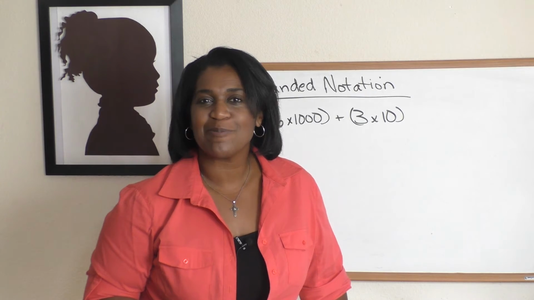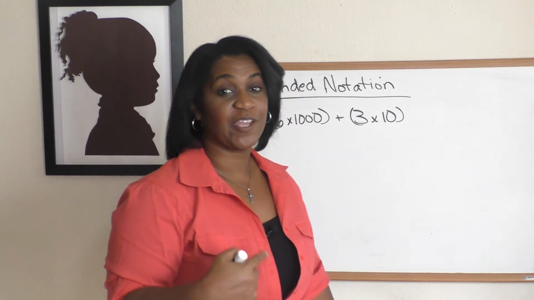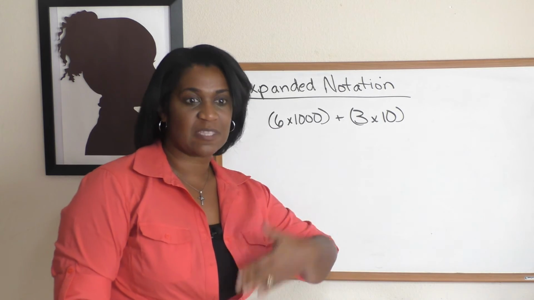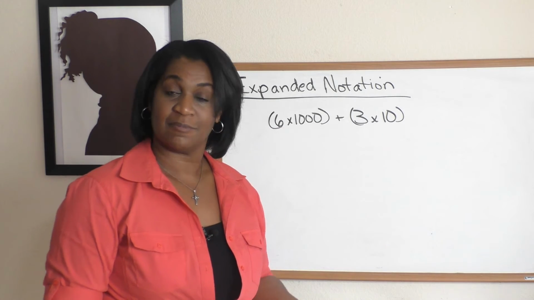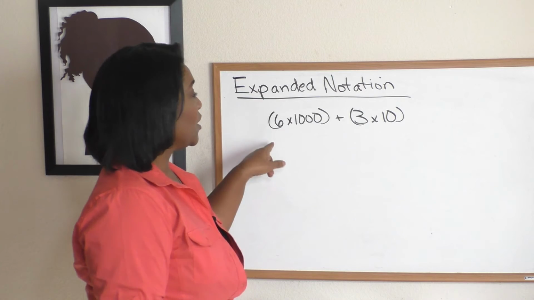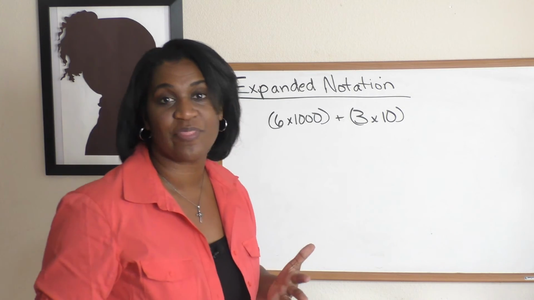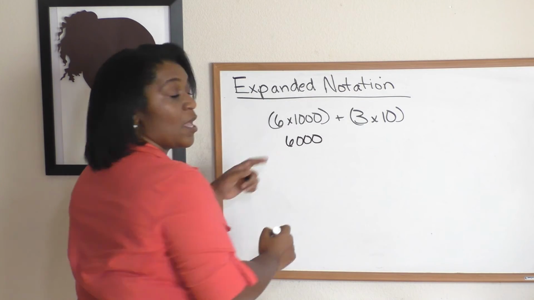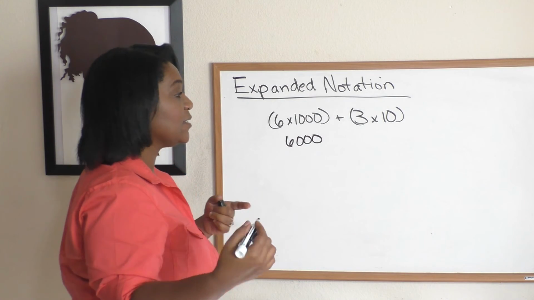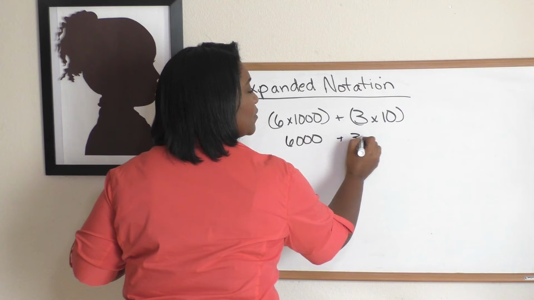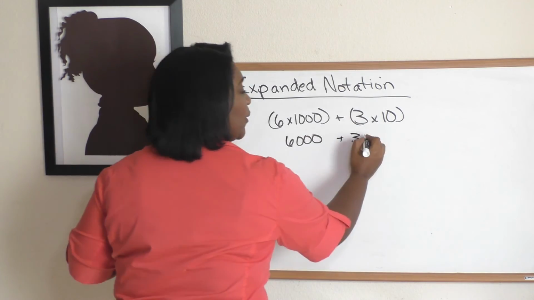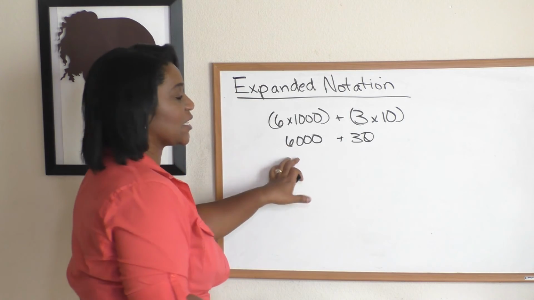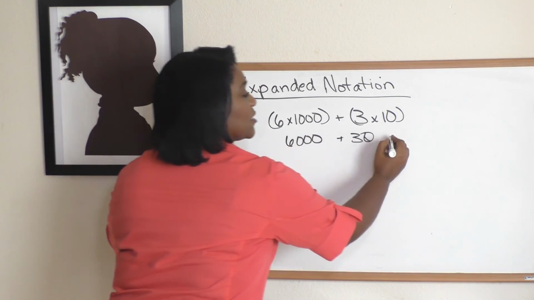If you can do what I just did for every number, you've got it. It's pretty easy. I think you'll like this one. I've got one last problem for you. We also can go the other way. What if I gave you the expanded notation and I said, give me the standard notation for the number? Let's take a look at this example. So here we have 6 times 1,000, which we know is 6,000, plus 3 times 10. Oh, what am I doing? There we go, 30. I started to write it all over again. 3 times 10, 6,000 plus 30, which is the same thing as saying